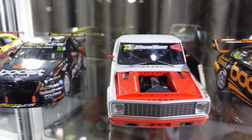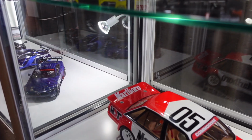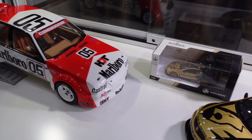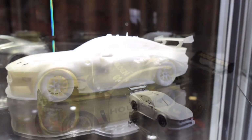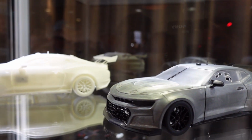I've got the Stanaway car on pre-order, and then the Repco Ute that is in the recent Bathurst video that came out, or advertisement. A 1/12 VK Commodore there that was stunning, and that Peter Hughes end of an era VE, just absolutely amazing. Then we move on to the Gen 3 cars, which I was expecting to see these